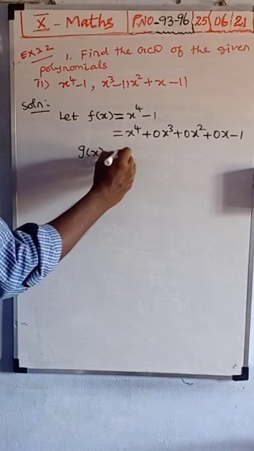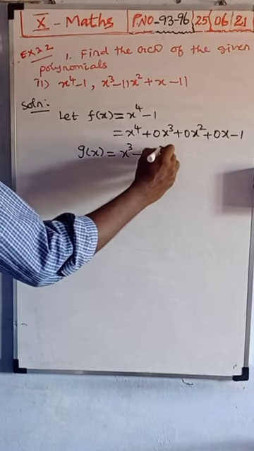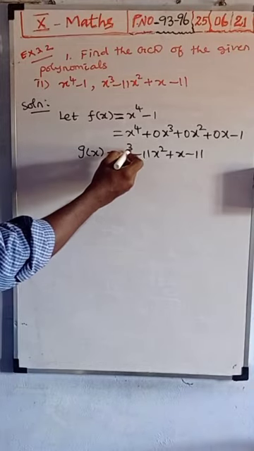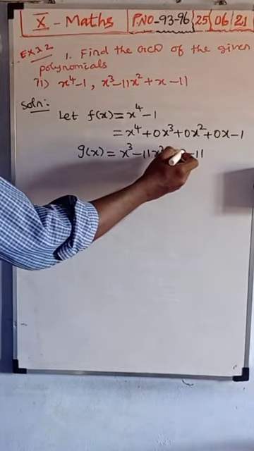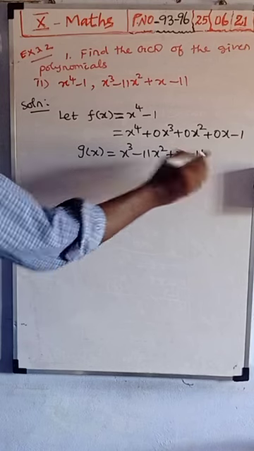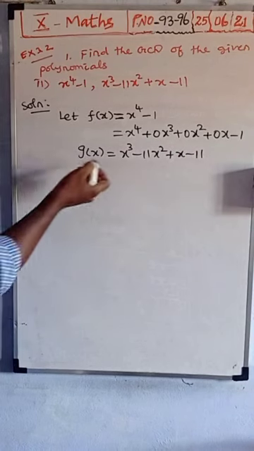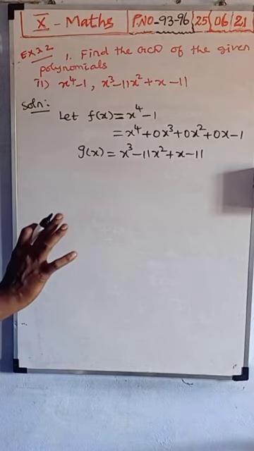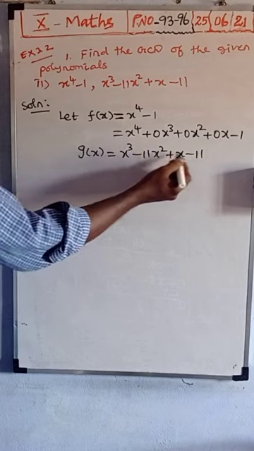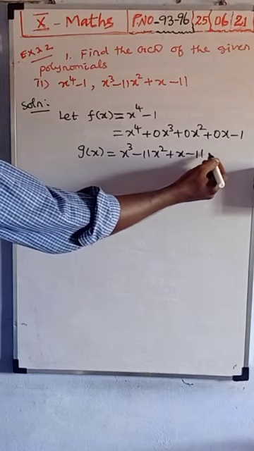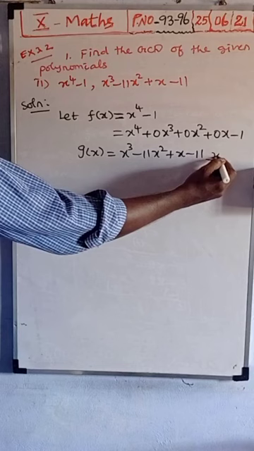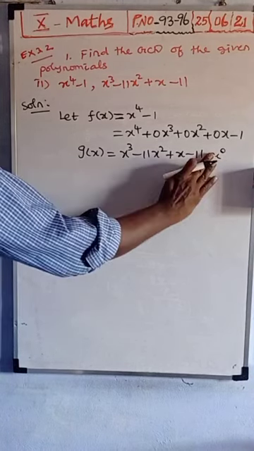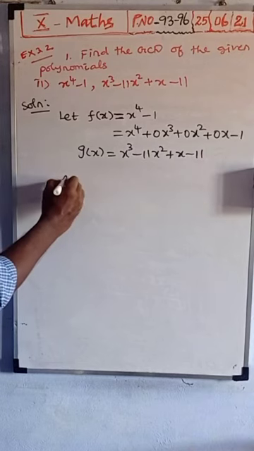Next g of x is x cube minus 11x squared plus x minus 11. Here all the terms you check: cube, square term and x power 1, then the constant term is there. Then this g of x is fine, no problem. All the terms are present. This is called g of x. Then here see cube, squared, then power 1. Next here the variable is x only. This power is 0 is the meaning. Okay, this is 1 mark. So here any constant term,